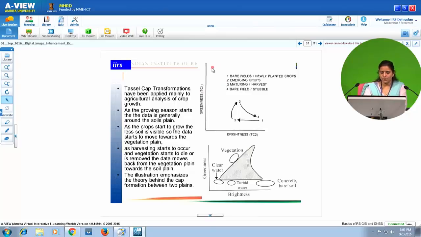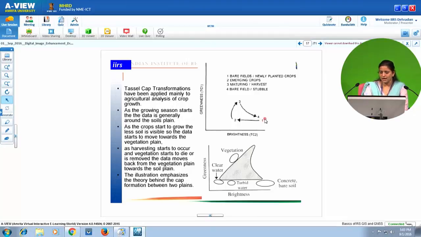If we are plotting the brightness to greenness, when the crop is planted, that means when the seeds have been sown, there is no greenness in the area, only the soil brightness is coming.